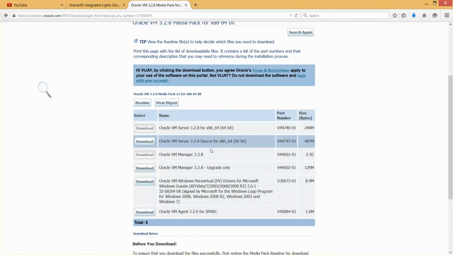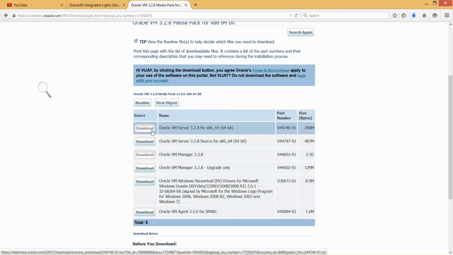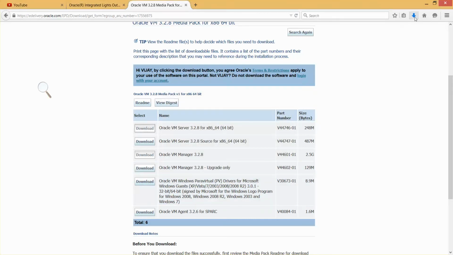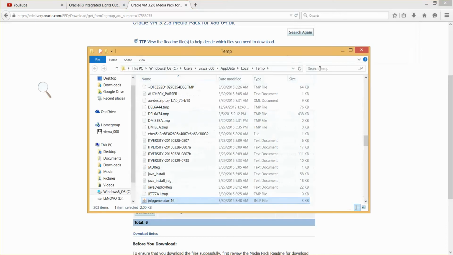The second one is source, the third one is related to VM Manager, and the fourth one is for upgrade. We are not interested in those at this time. As we have to set up Oracle VM Server, we choose the first one. Click on it, select save file and click OK, and it will download. I have already downloaded it, so I'm not downloading it again.